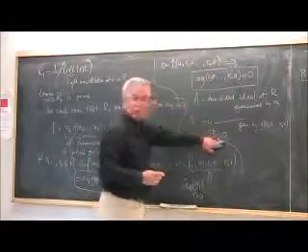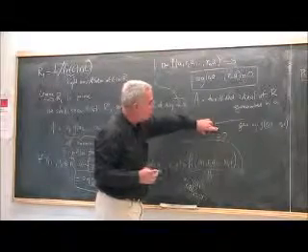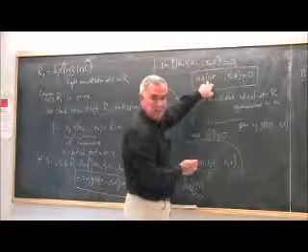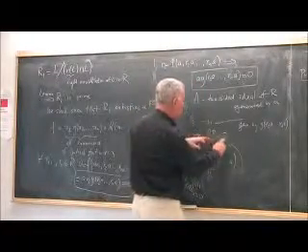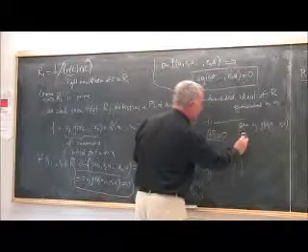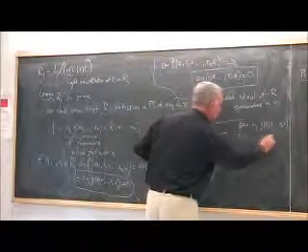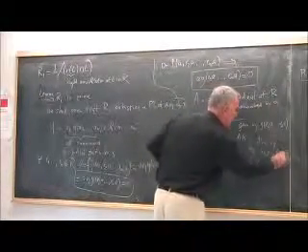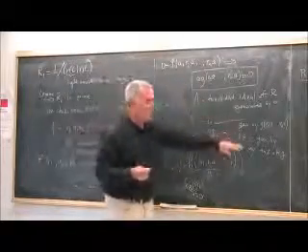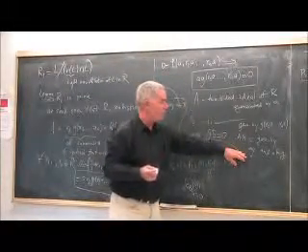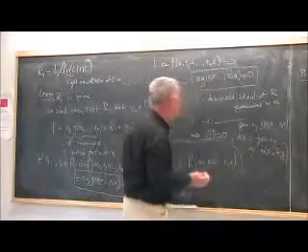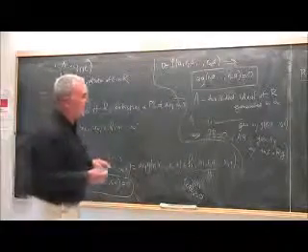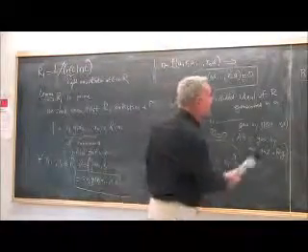Why is AB equal to 0? Because the product of these two ideals is generated by a g and a r g. And in both cases this is 0. So you have that this is 0. And now we have a two-sided ideal of R, and R of course is a prime ring. So this means that